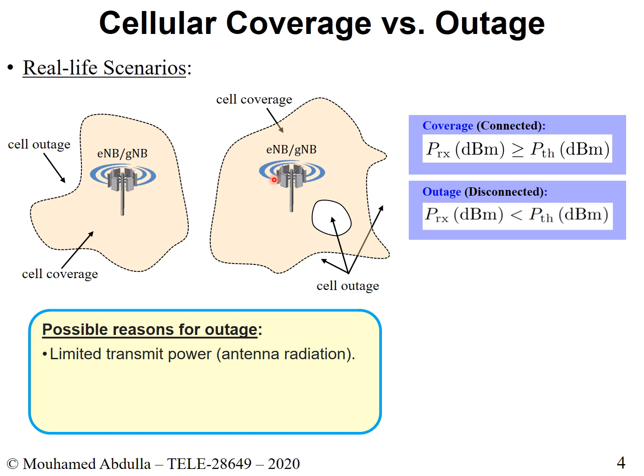This is specified by the transmit power of your eNodeB. Okay, so this is one aspect why you might be in outage. Another reason why you might be in outage is that your UE, your device, is not close to the eNodeB. This is another perspective of saying the same thing, but your device is not close here.